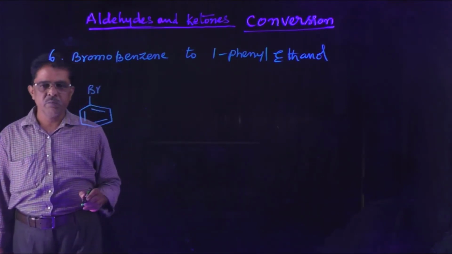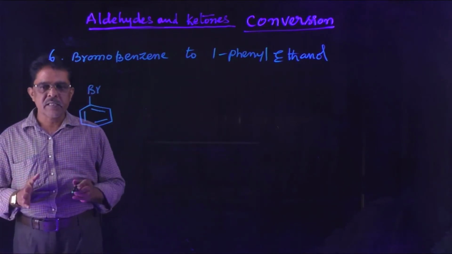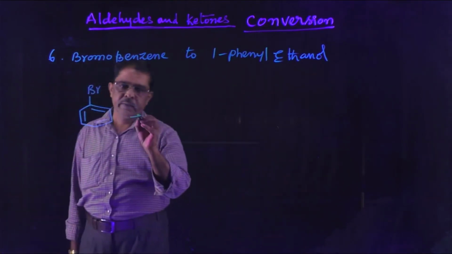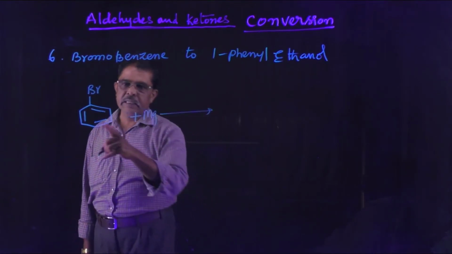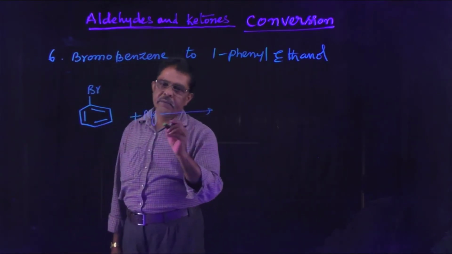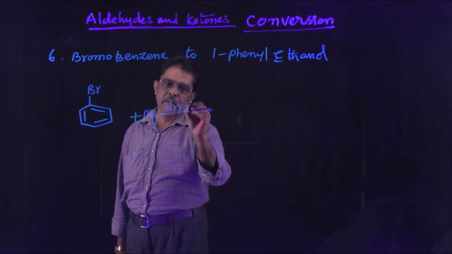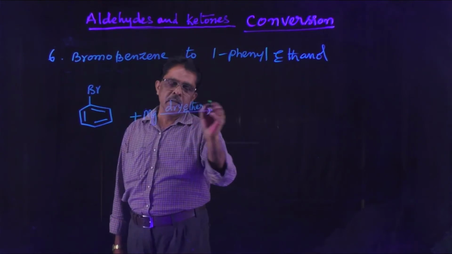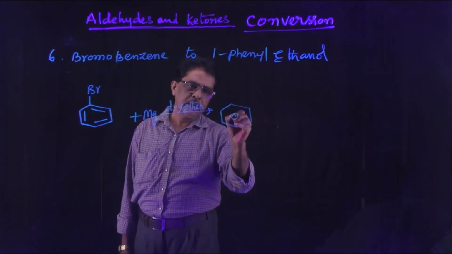This is bromobenzene. This bromobenzene we have to convert first to a Grignard reagent. For the conversion to a Grignard reagent, we have to heat the alkyl halide with magnesium metal in the presence of dry ether. Then you will get a Grignard reagent,